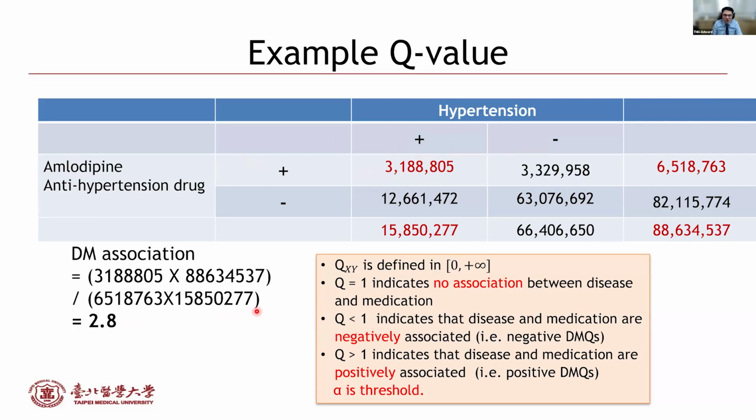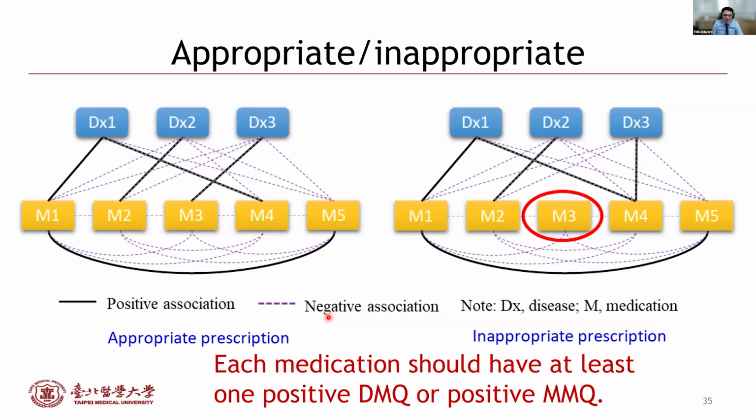It means this medication is related to this disease. But if the Q is less than 1, we will say this medication is not related to the disease, so maybe this is an inappropriate prescription. If we can compute the association between the disease and the medication, how could we identify the appropriate and the